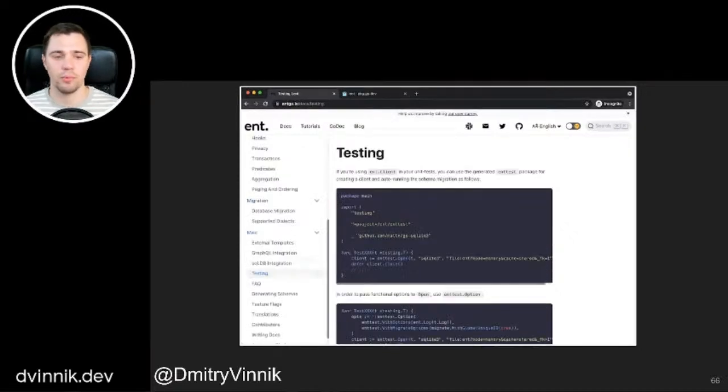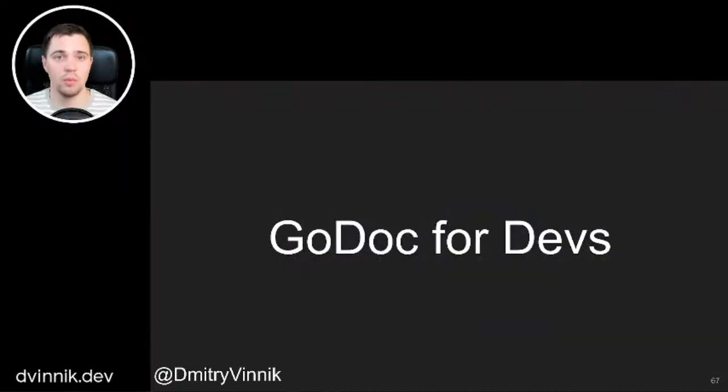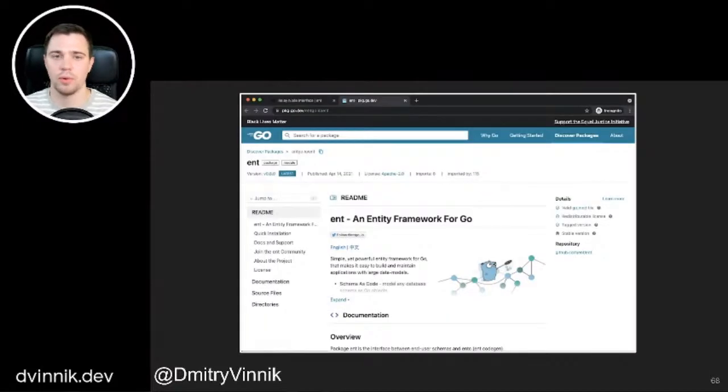And of course, I'm really glad they have testing here. No production code should be left untested, I believe. I'm not talking about 100% coverage, but you should have some tests to make sure something as important as dealing with data is tested. And fortunately, this project has that right in the documentation on the main page. If you really want to see the internals, you can go to the Go docs that are available right on the website, and it has all the information you need for that.